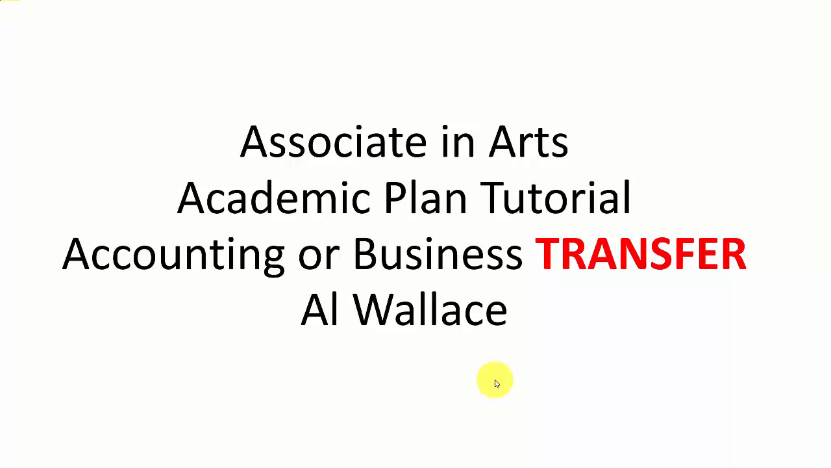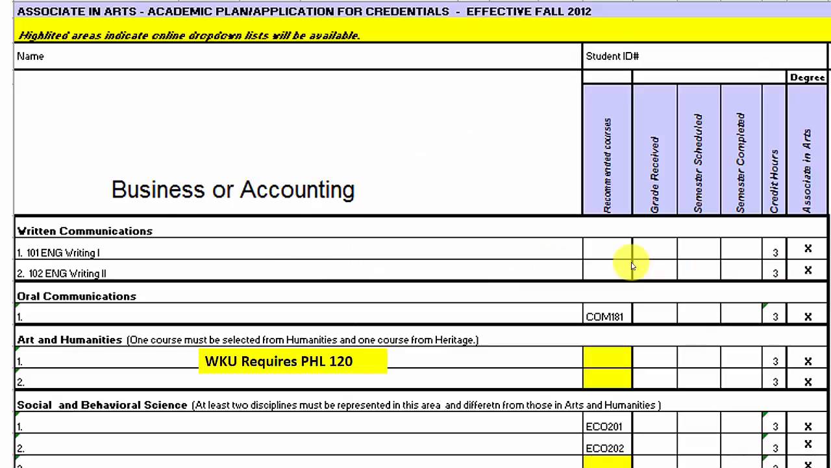I'm your academic advisor, and I'm going to go through a short tutorial with you on how the academic plan for the Associate in Arts degree for accounting or business transfer, that is folks who want to transfer to a four-year school, works. So on the first page, your name goes in this block, the student ID goes over here